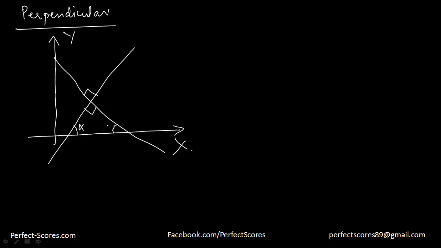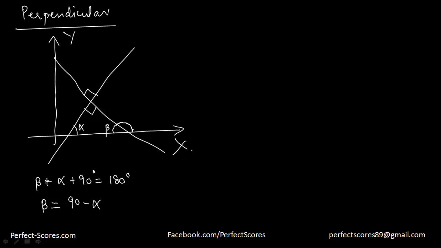Then what is this? Let's suppose this is angle beta, right? So angle beta plus angle alpha plus 90 degrees is going to be equal to 180 degrees, because the sum of all the angles in a triangle is 180 degrees. From here, I'll be able to say that beta is equal to 90 minus alpha. If this alpha goes there and this 90 goes there, beta is equal to 90 minus alpha.